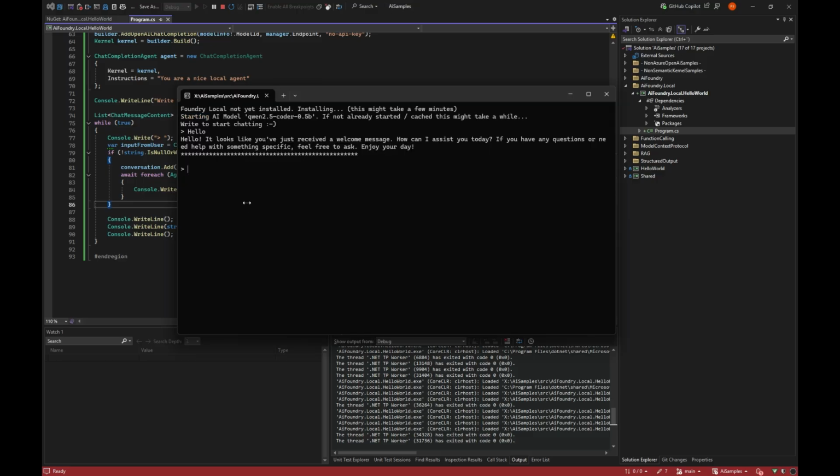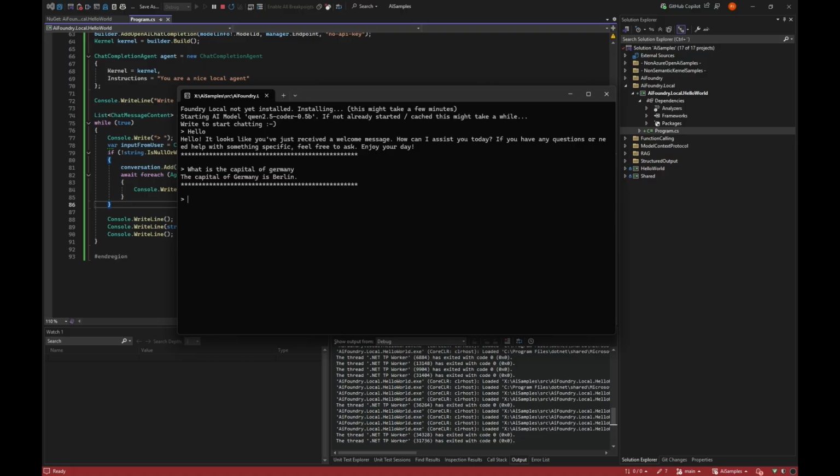But now I'm just in a normal chat environment. What is the capital of Germany? And it can answer that back. So quite normal in the system. And this was, of course, a longer process from we started F5 in the Visual Studio to it was ready.